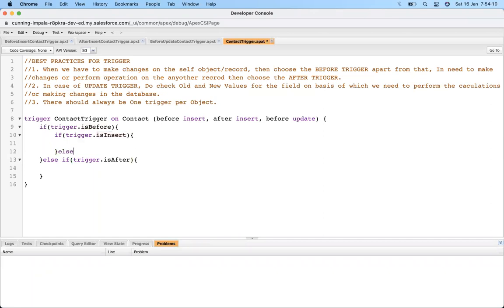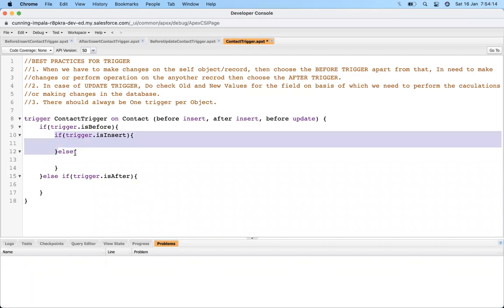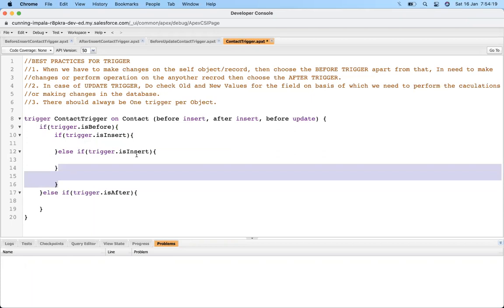Else we can also check Trigger.isUpdate.